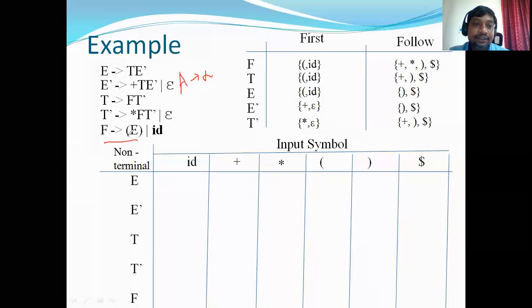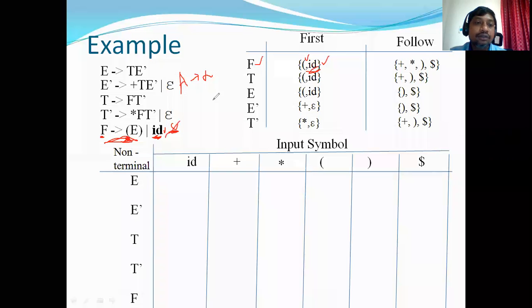Let us consider this: F derives open parenthesis E close parenthesis. FIRST of F is open parenthesis, the starting symbol on the right hand side. F has another production rule, F derives ID. FIRST of alpha is ID; we have no epsilon here. The first symbol is ID itself. So we have two FIRST symbols for F.